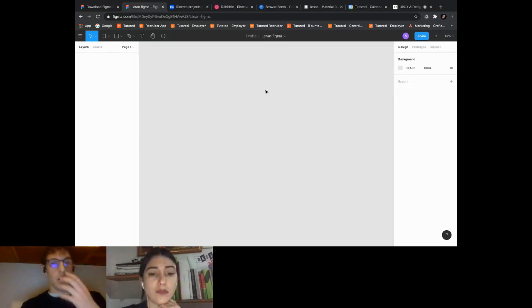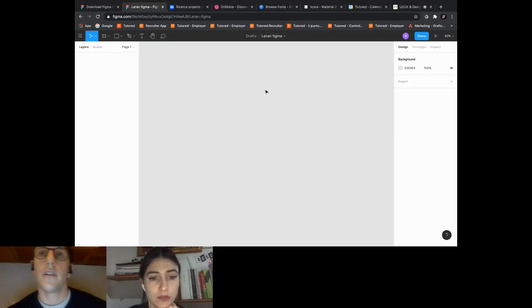Okay. If you have never seen a program like Photoshop or Illustrator, I wanted to introduce these panels very quickly. We have our layers.